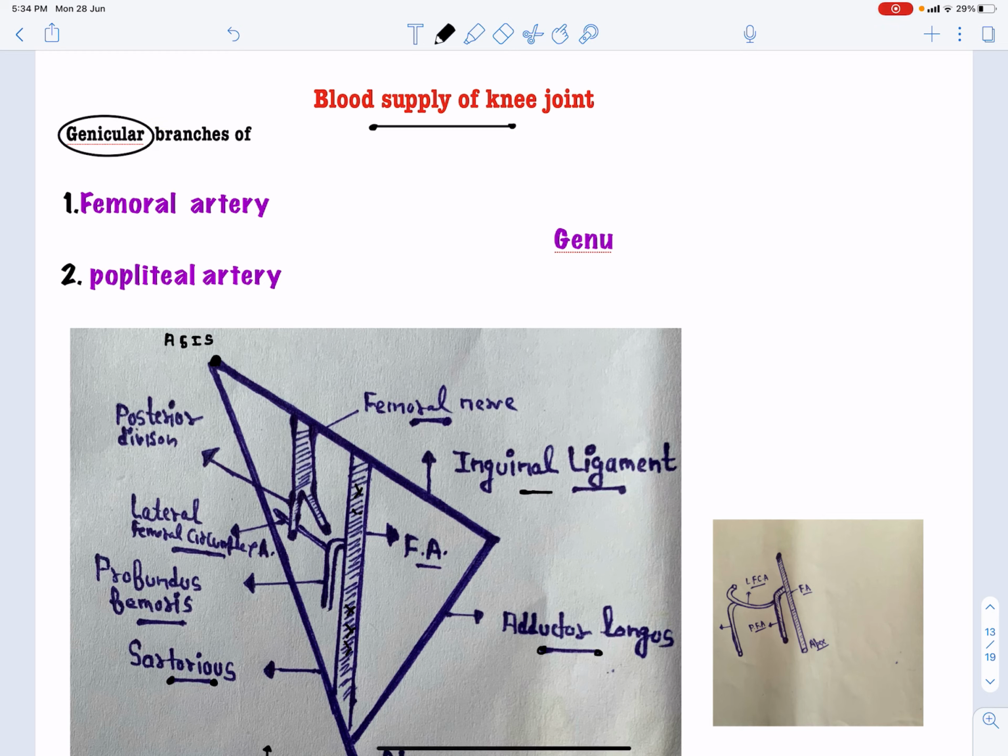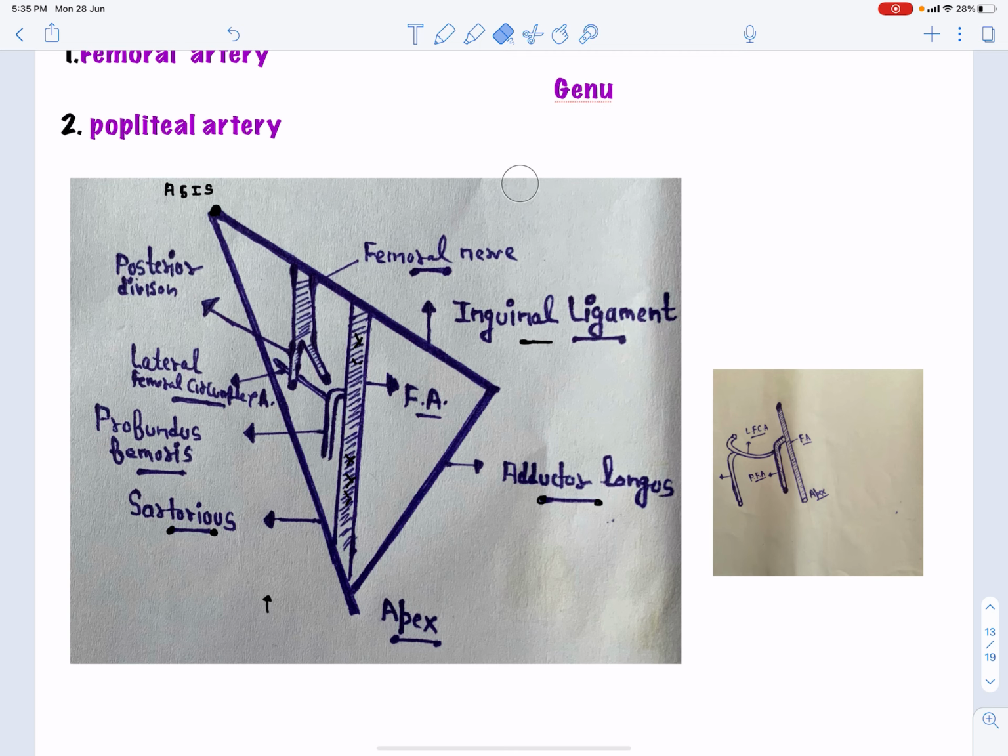Now question is why I am using the word genicular? Because genu is the Latin word for knee. So genicular branches of the femoral artery and popliteal artery do blood supply to our knee joint. Is it clear? Now, as we know, the femoral triangle is located in the superomedial aspect of the anterior